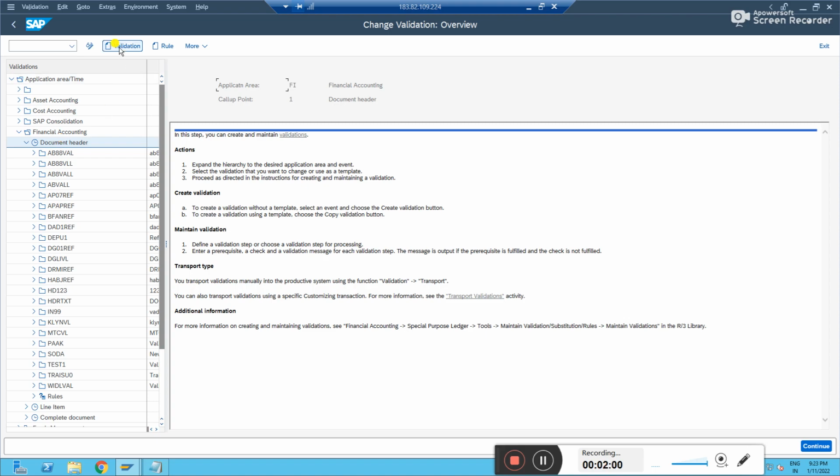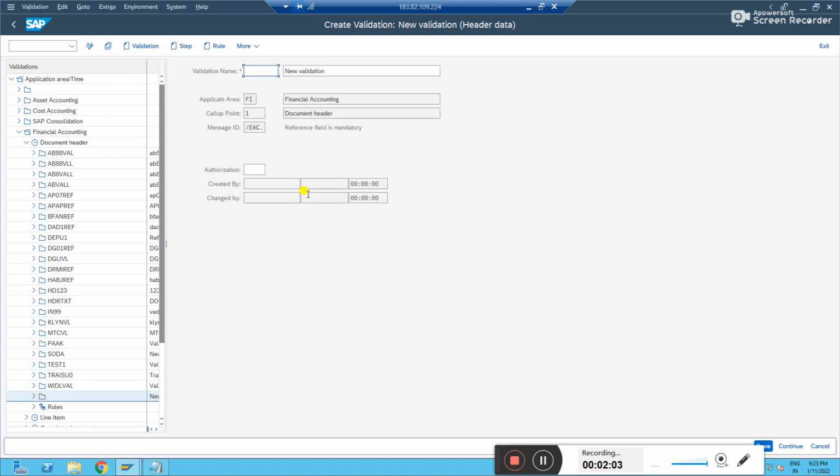Let me click on validation. Let me name it Krishna. I'll do the validation for header data. In the header, I have a reference field. For the reference field, I'll make it mandatory.